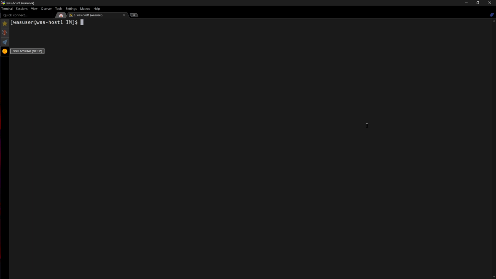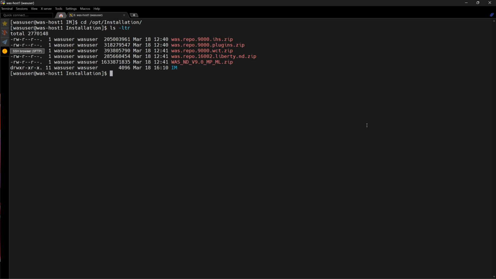Starting the installation manager and proceeding with the installation of WebSphere application server. For that, first you need to go to the OPT installation folder. In there, first make a directory called WAS and then move the WAS ND into the WAS folder